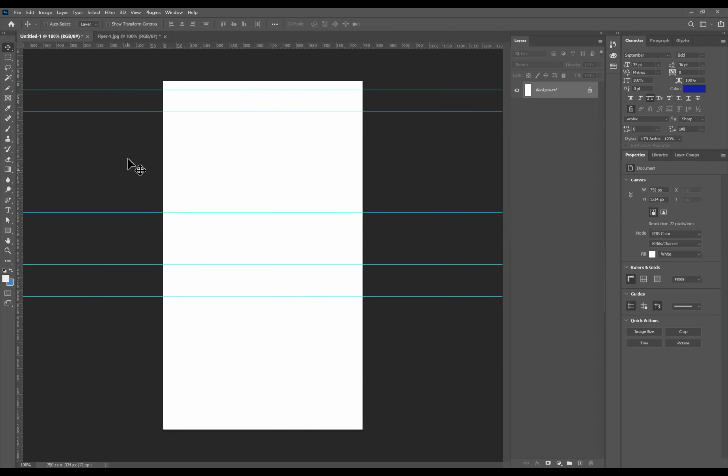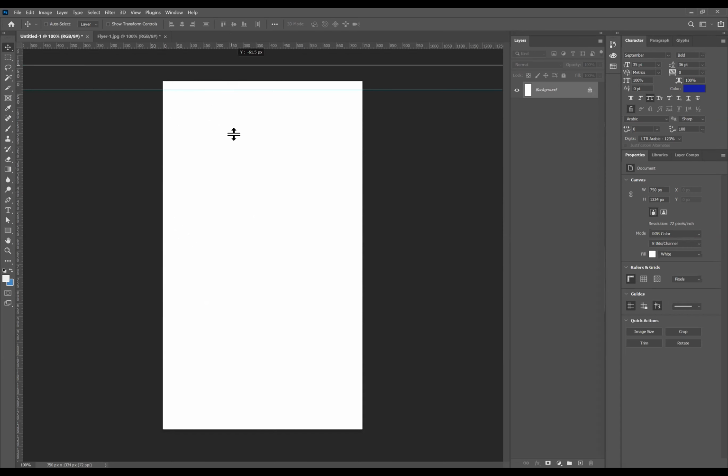If you feel that you have brought too many lines, you can drag one back and send it to its original place. So only as many as you want, you can bring. Now I have my top margin. I need one more for the bottom margin. And then from the left, see where my mouse pointer is.